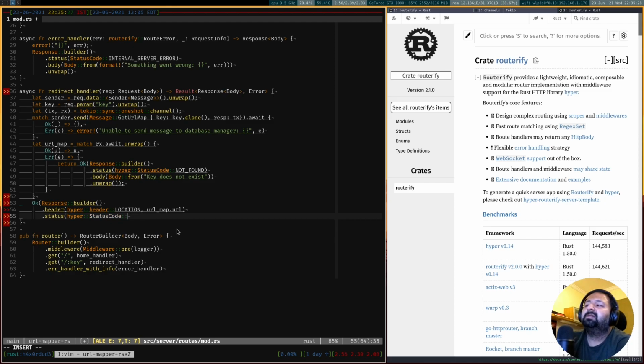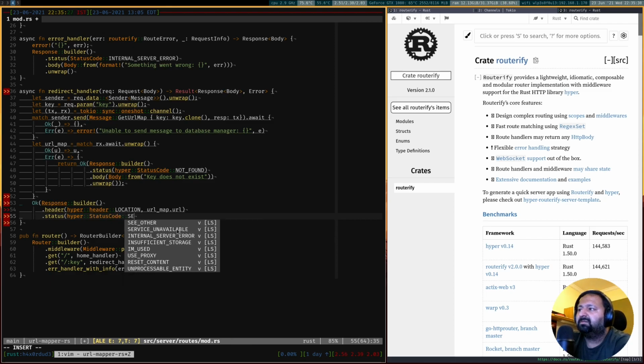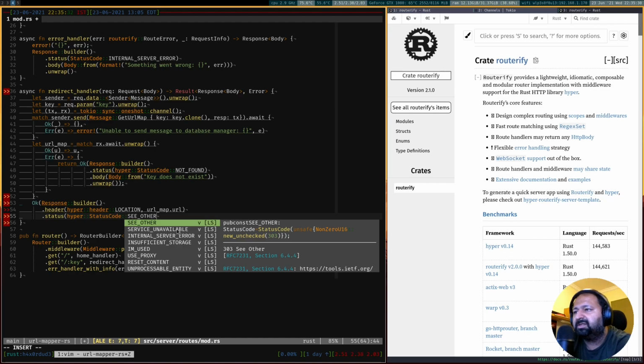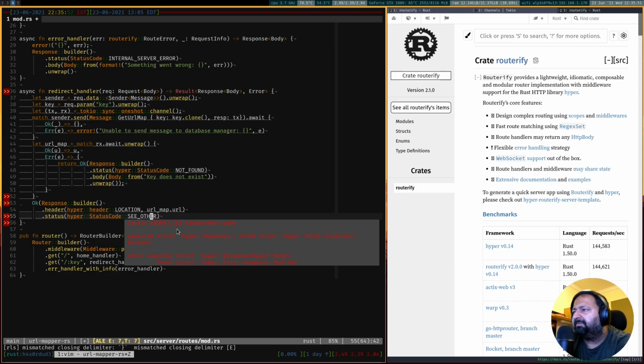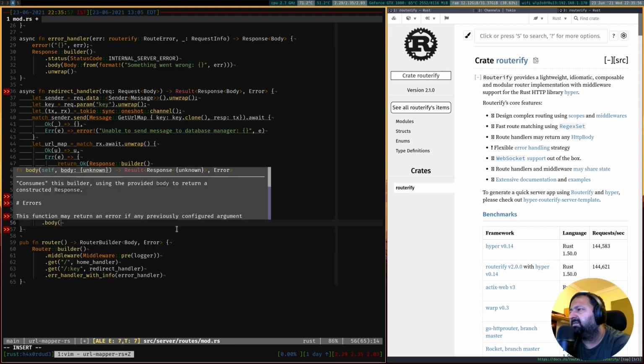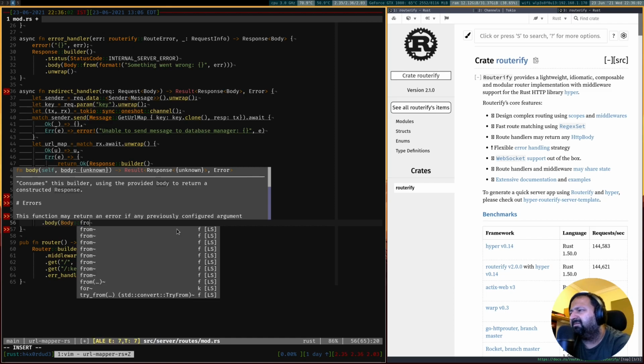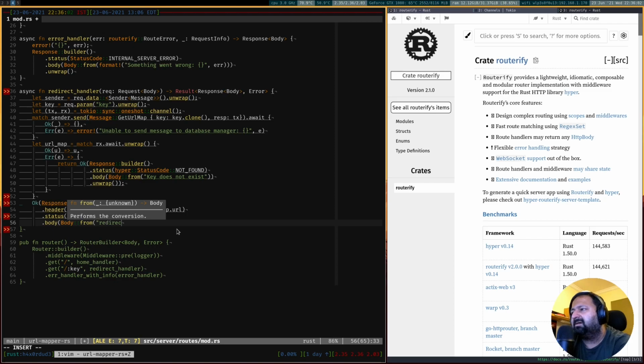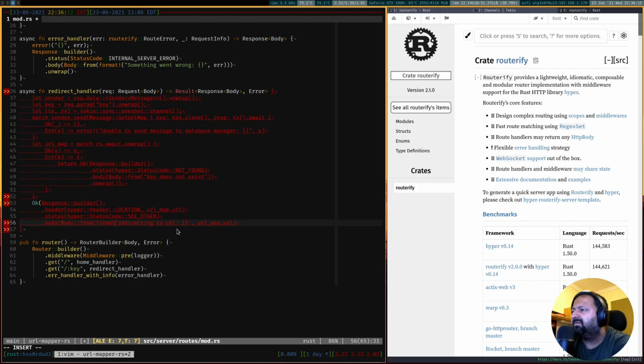The status code is going to be, actually we'll use the C other, which is 303. I think this is slightly more appropriate one to use, which basically tells the browser to redirect. And now we'll have to give it some body. Again, I'll just give it some very basic, one second, you have to use format.